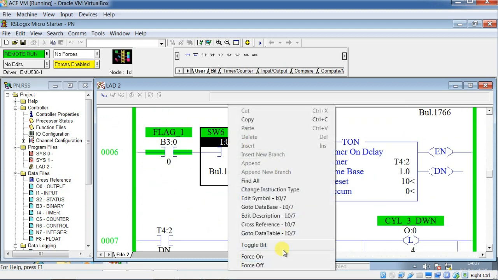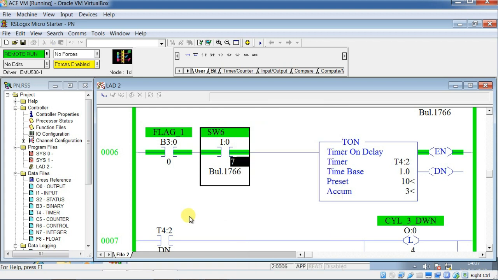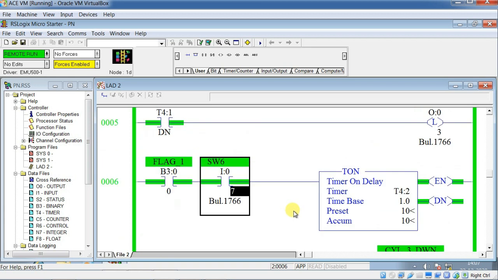And when switch 6 detects the movement of cylinder 3, then you can see here